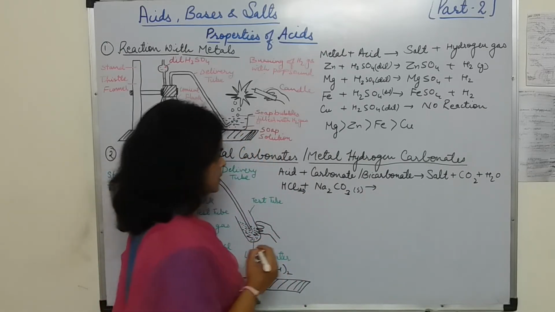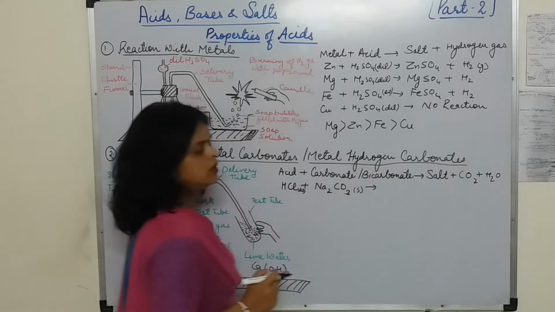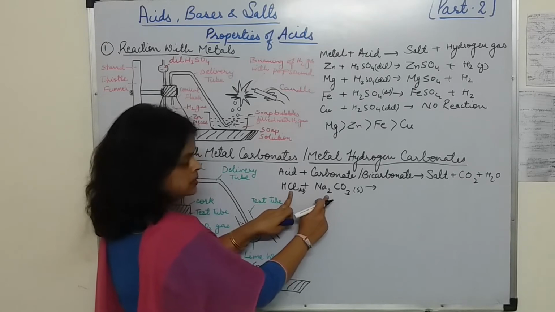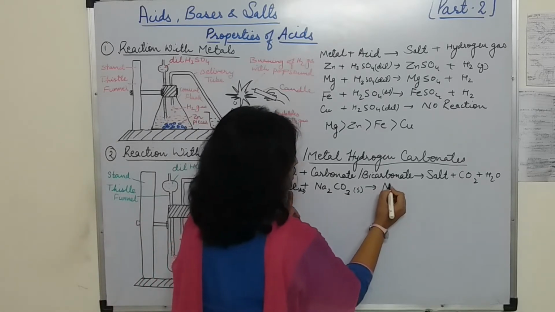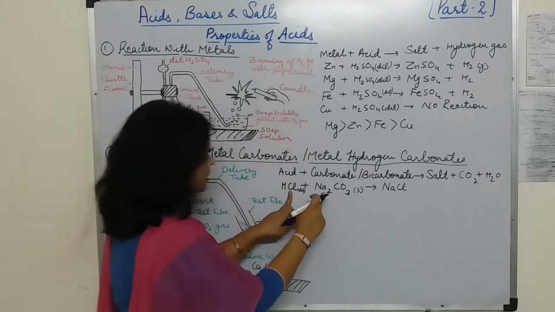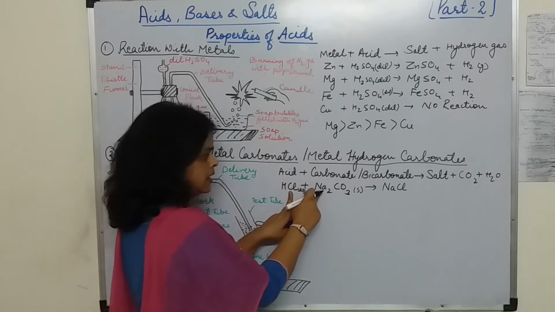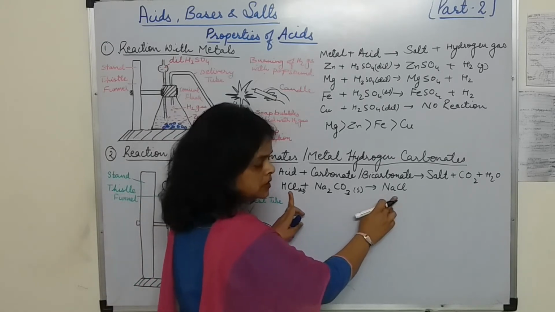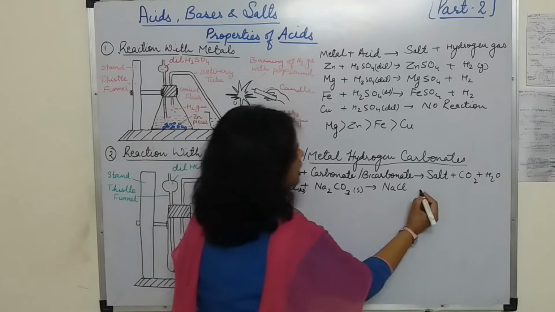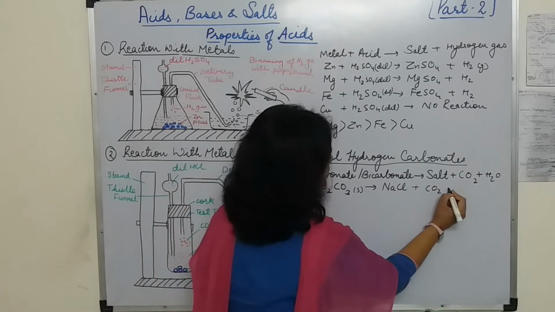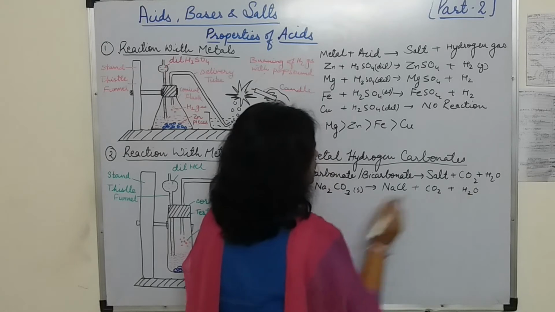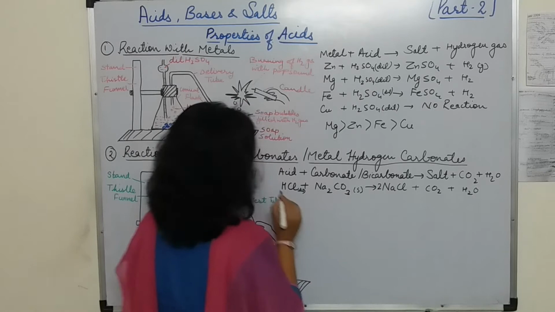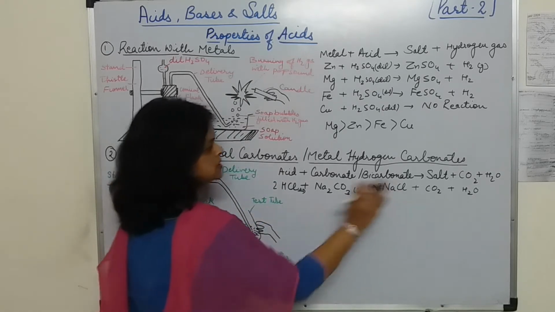When the two react, they form salt. For the salt, how will you write it? The Cl part of the acid and the Na part will combine and form the salt NaCl. Students, don't write Na2Cl. Take the Na and Cl and, keeping their valency in mind, write the correct formula of the salt. So it is NaCl along with carbon dioxide plus H2O. If you need balancing, you can do it afterwards. Na2 is over here, so we can write 2 NaCl and 2H. Okay, so it is balanced.